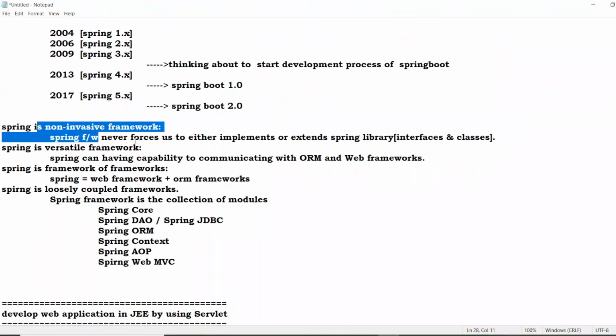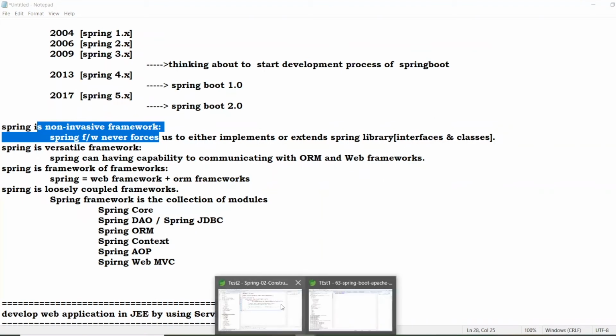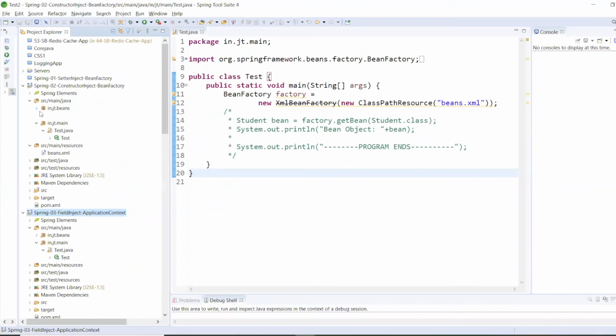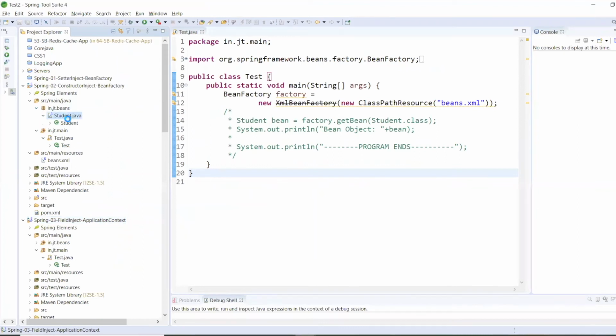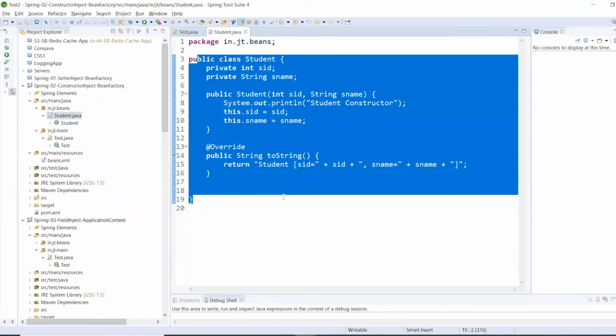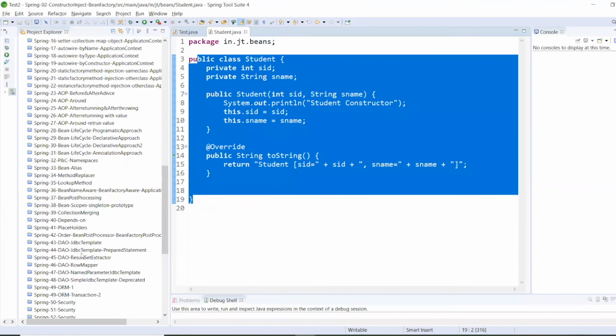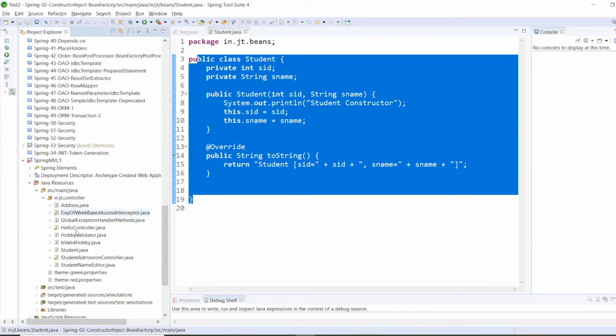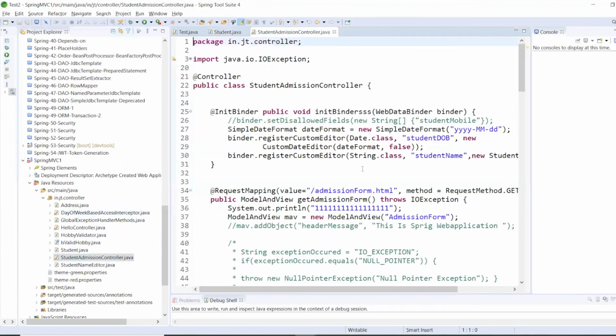But when it comes to Spring and Spring Boot, there is no need to implement or extend anything in our classes. For example, this is my Spring class. Please observe my student class. See, it's a simple class. Let me open my MVC related class, the student admission controller class, and some other batch related programs.